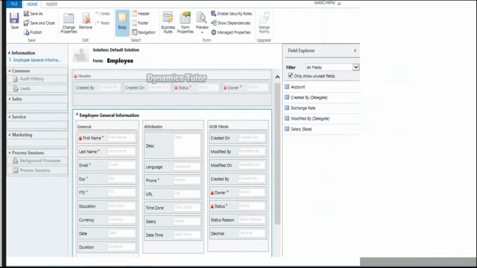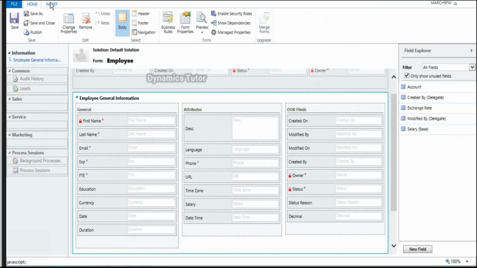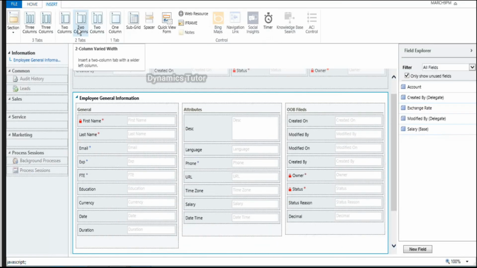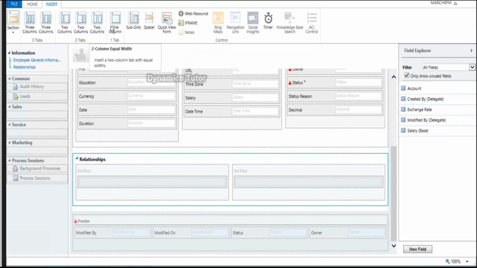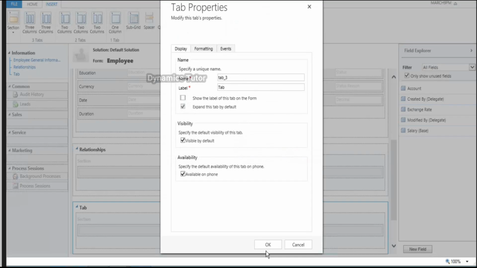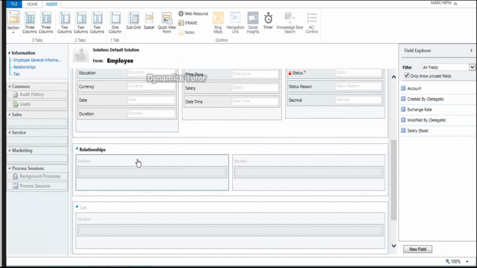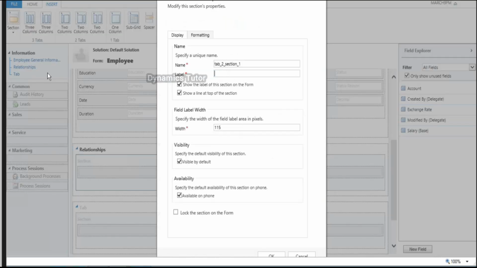So here I'm going to insert a two column, that is the relationship, and I'm going to insert a one column. So here I'll name it as one to many relationship,